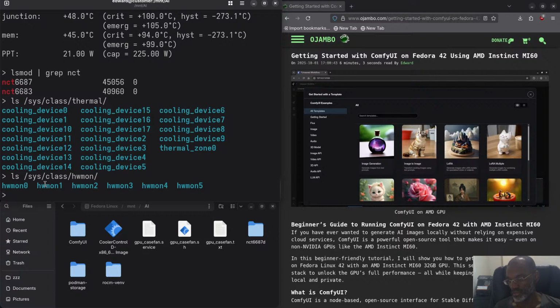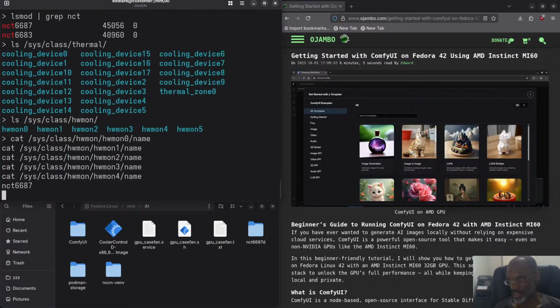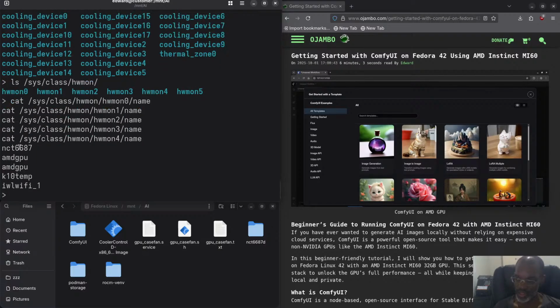So this driver here, 6683, it always messes up things a little bit, but I came up with a workaround for that. So I'd really like to get rid of it, and I'll get rid of it, and you'll see the difference it makes. So if you want to get the names, you can just cut them out, and I'll show you how to do that. You just cut them out, and then you see it puts the NCT6687 at the top, and then we have the AMD GPUs, and this is K10temp, and then this is the